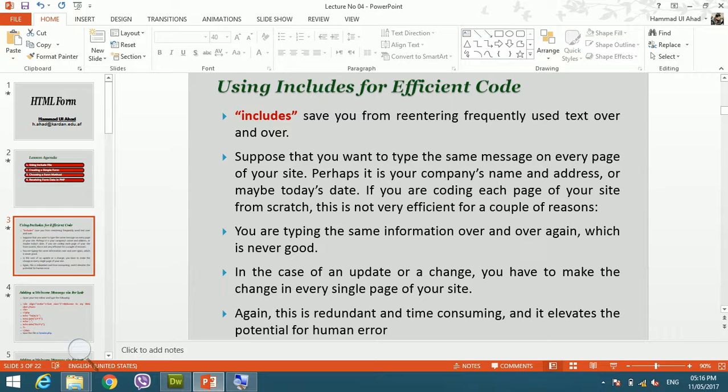Suppose that you want to type the same message on every page of your website. Perhaps it is your own company's name or address or logo, whatever. Maybe today's date, you want to display today's date on different pages belonging to your one website. If you are coding the same thing for each page again and again from the start, that will be a very difficult task. You are typing the same information over and over again, which is never good, wasting time and